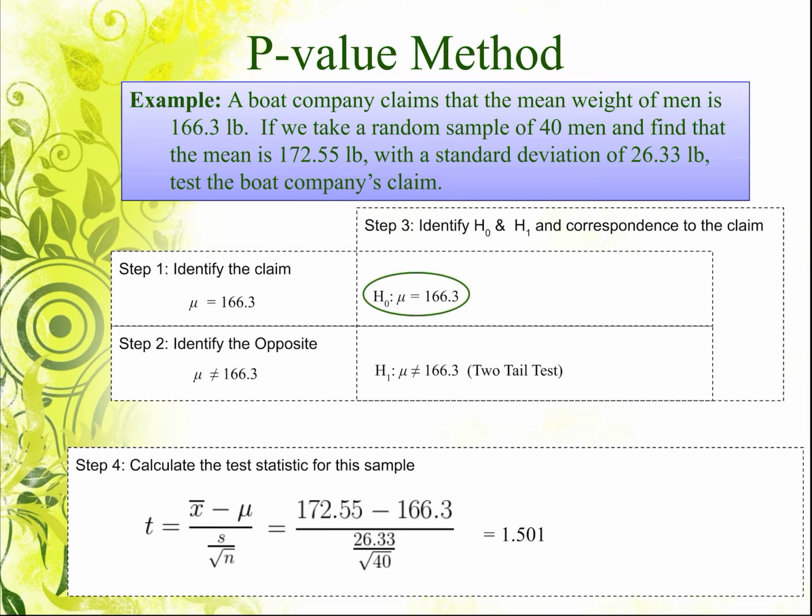Okay, when we go to interpret this, if we fail to reject, that means that we are not going to reject our null hypothesis. We do reject the alternative hypothesis. So there does appear to be enough evidence to support the claim that the mean weight of men is equal to